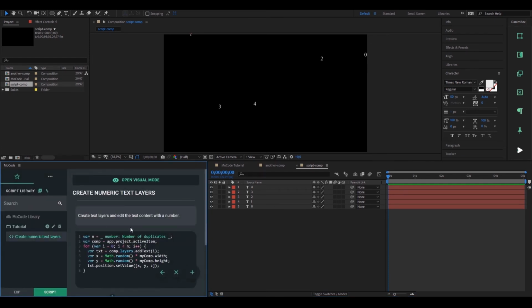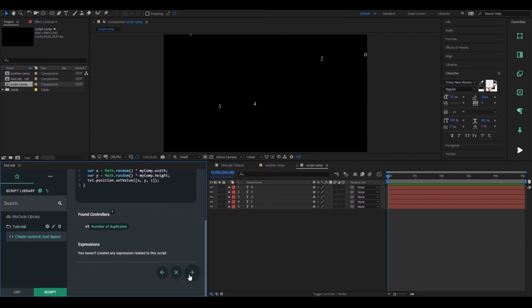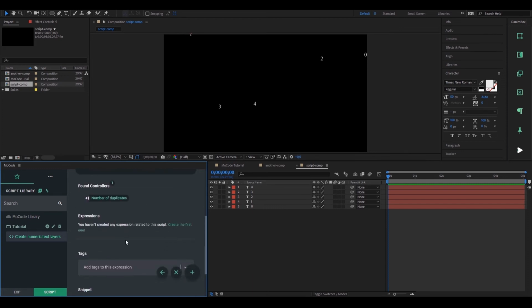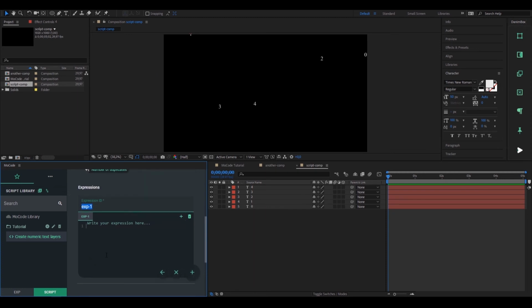Now we will learn how to integrate an expression to add some complexity to this script. MoCode lets you create expressions separately from the script with the expression section. You have to click on create the first one. You define an ID. Here we just want to add a wiggle to the different created text layers. So we call this expression wiggle, and we'll add a simple wiggle